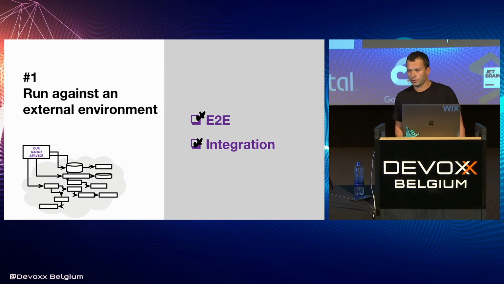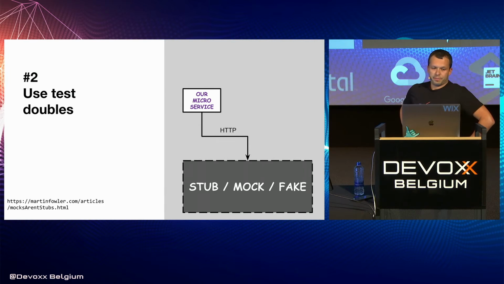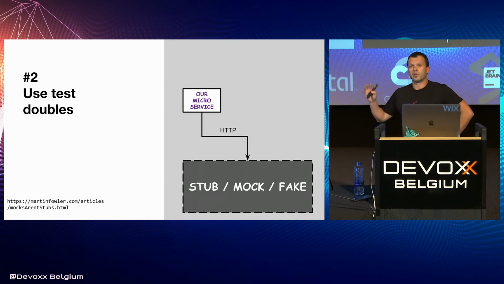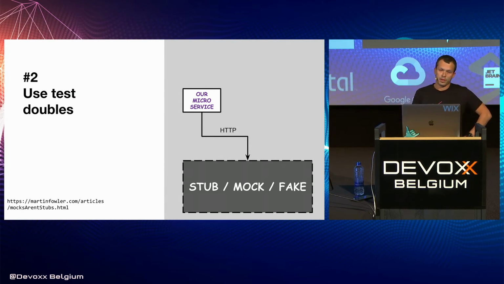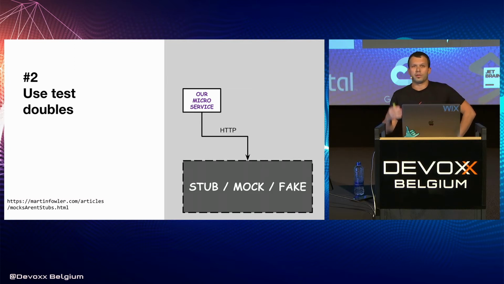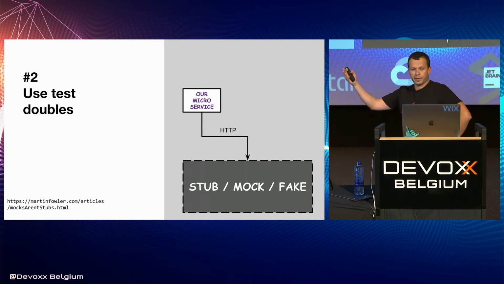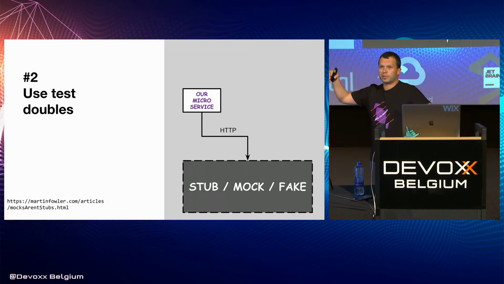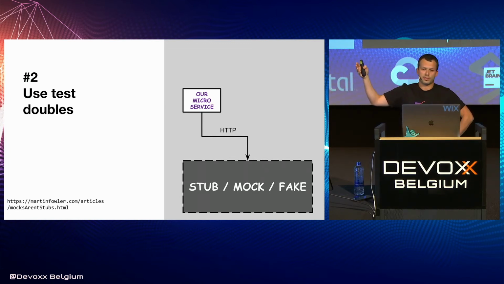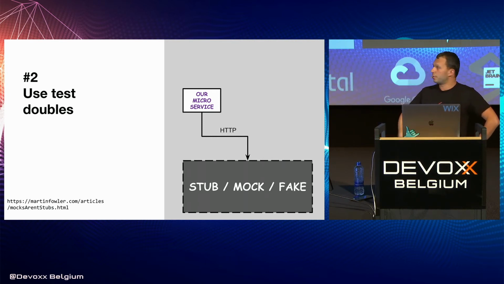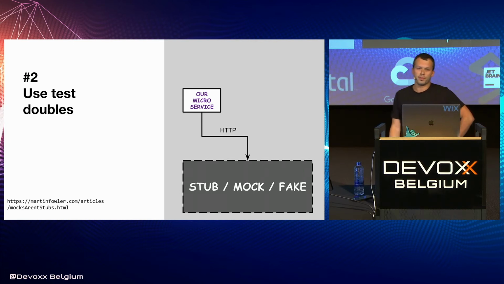The next thing is something called test doubles. This one we use quite a lot. And here, our service will talk to a stub or mock or fake, over the same protocols it talks to the real service. So if you are not sure what the difference is, there's a really good blog post by Martin Fowler that